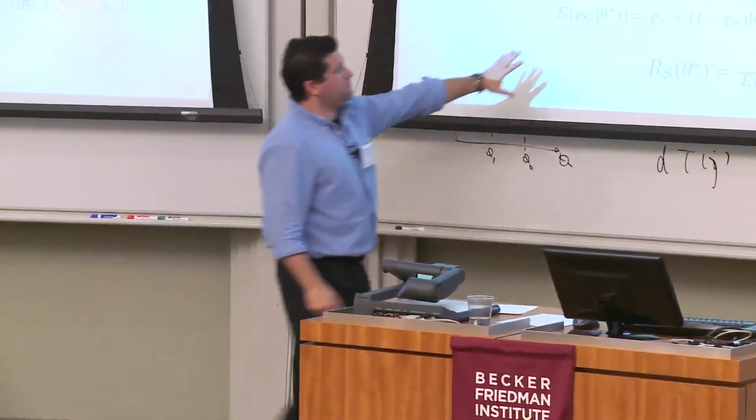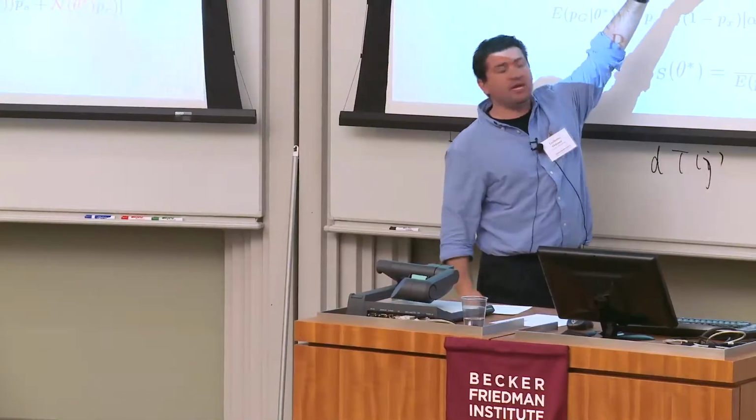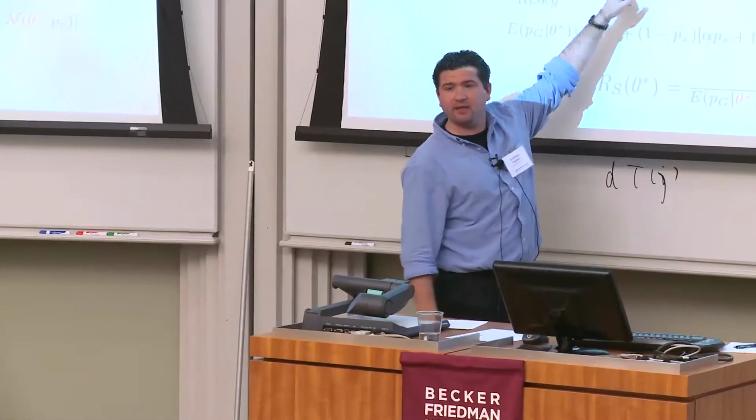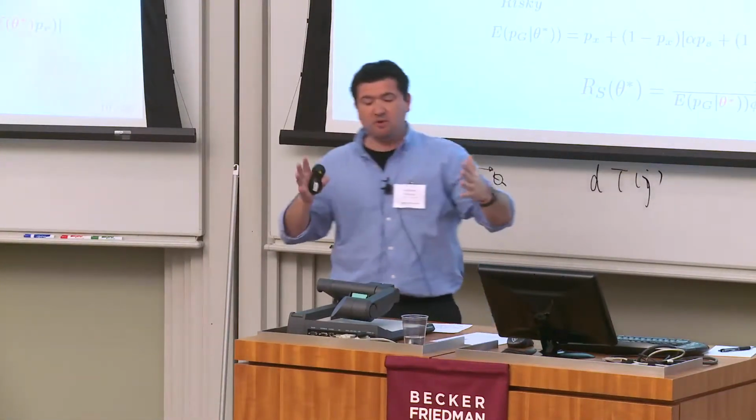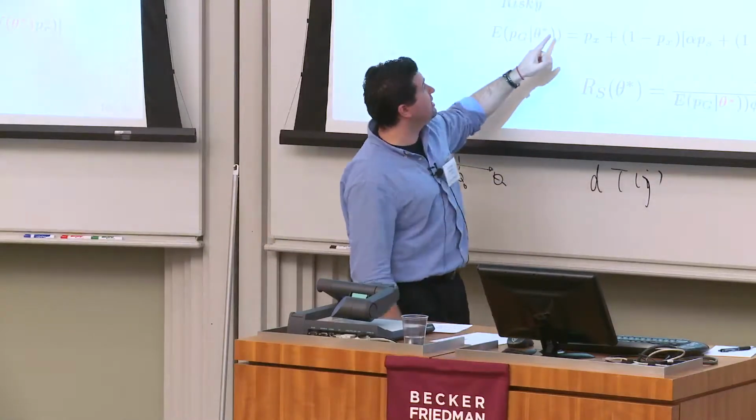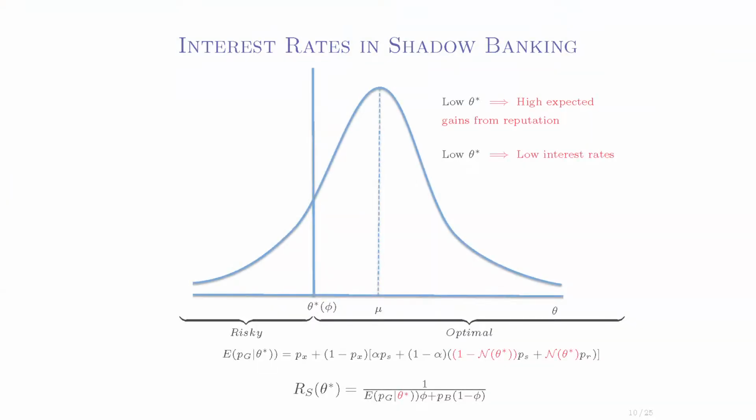Now, these are the 2 main takes here. The question is how theta star is determined. Here, there is a multiplicity that comes from reputation, and you can see it immediately here because there is a discontinuous change in the update of reputation that I solve using global games. It doesn't really matter. The important part is that you can solve this threshold in equilibrium, a unique one if you select using global games.